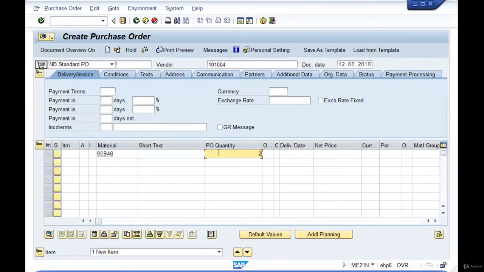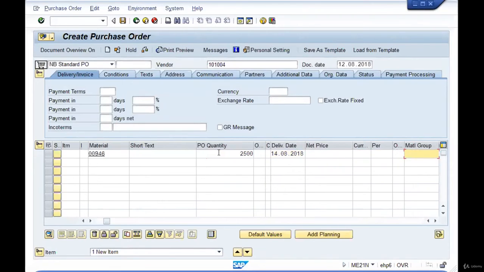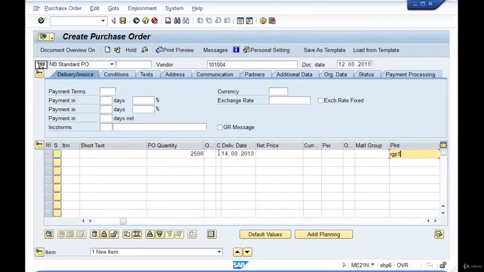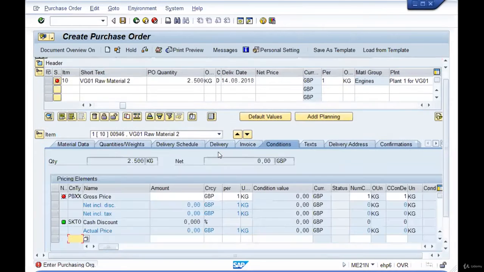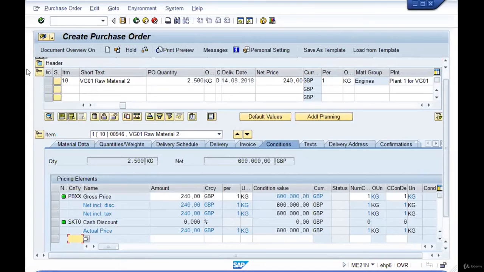So select the relevant material number, enter the quantity, specify the delivery date, and enter the plant where the delivery needs to be made. Specify the purchasing organization and the purchasing group. Since there is no info record maintained for that item and vendor, enter the price.